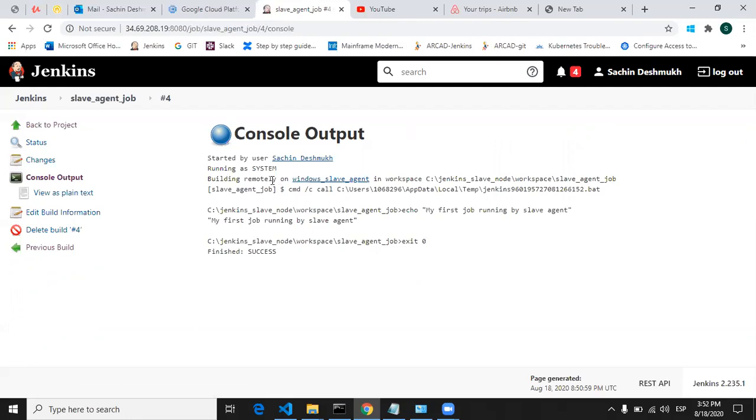So you can see building remotely on Windows slave agent. So our Jenkins is currently residing in Linux. So on Linux machine, we are running the Jenkins, and this Jenkins master node is connected to the slave node, which is hosting at Windows machine. So this way you can connect your slave agent which is on Windows machine.